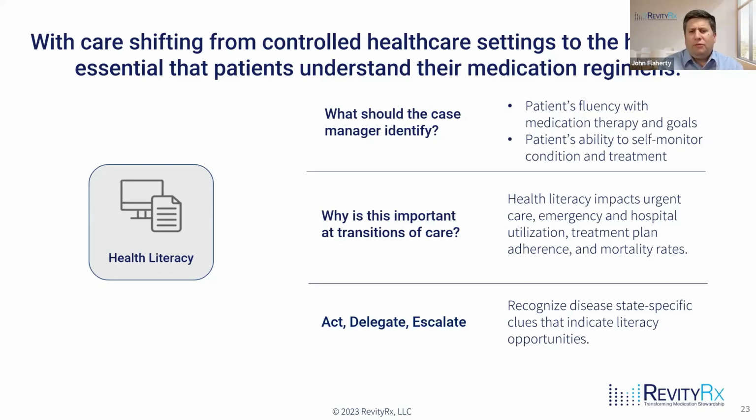So if we put this into action, what can the case manager do? Well, if we're not working within a specific disease state, as far as like diabetes or AMI or congestive heart failure, there's a lot of information that has to be known. So the key piece is really becoming knowledgeable of what your organization's resources and tools are